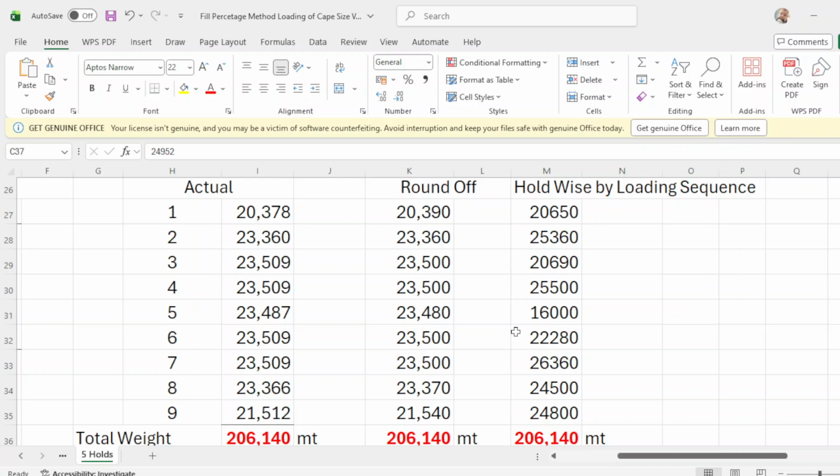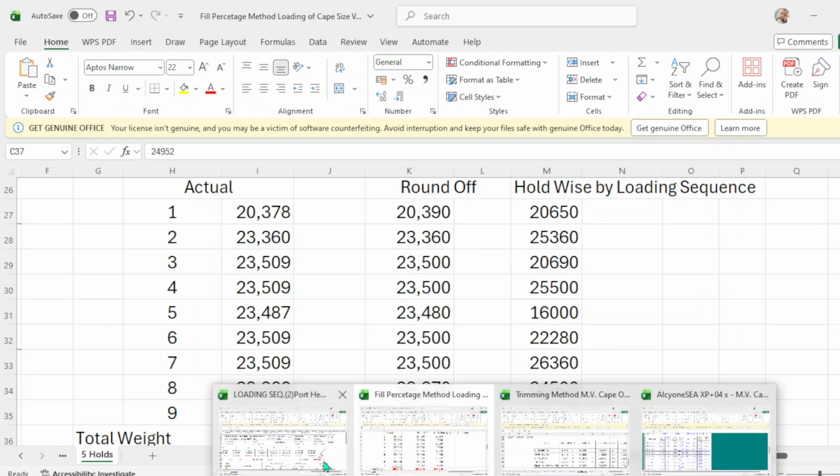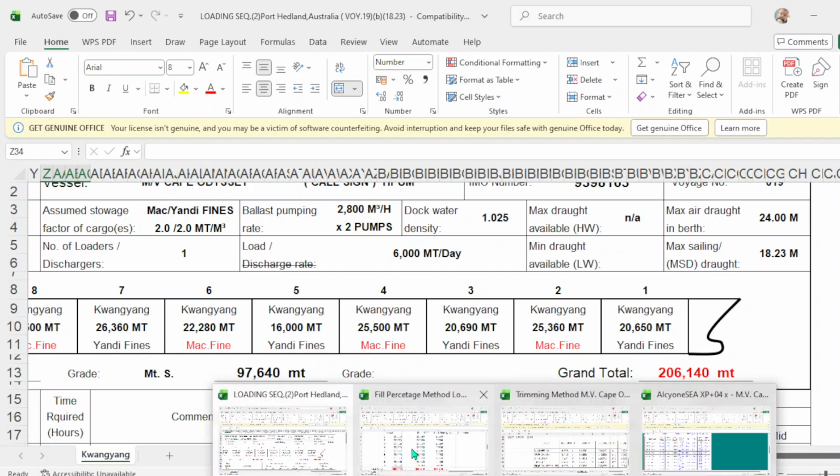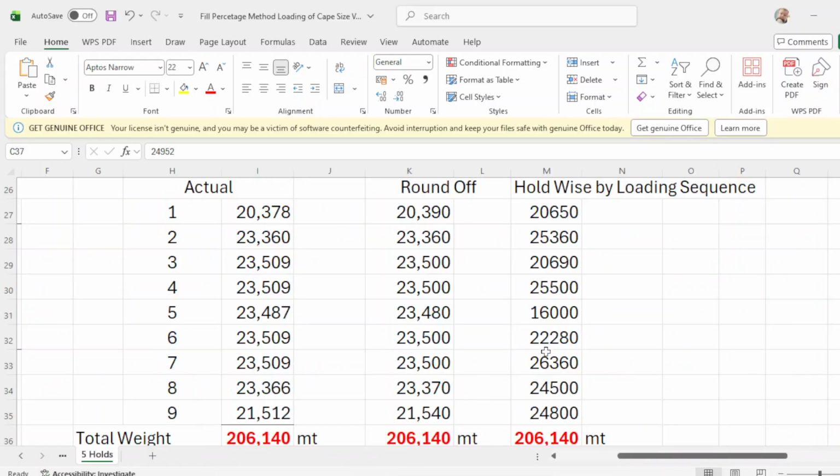Number 5 is 1600. Number 6 is 22280. Number 7 is 26360.